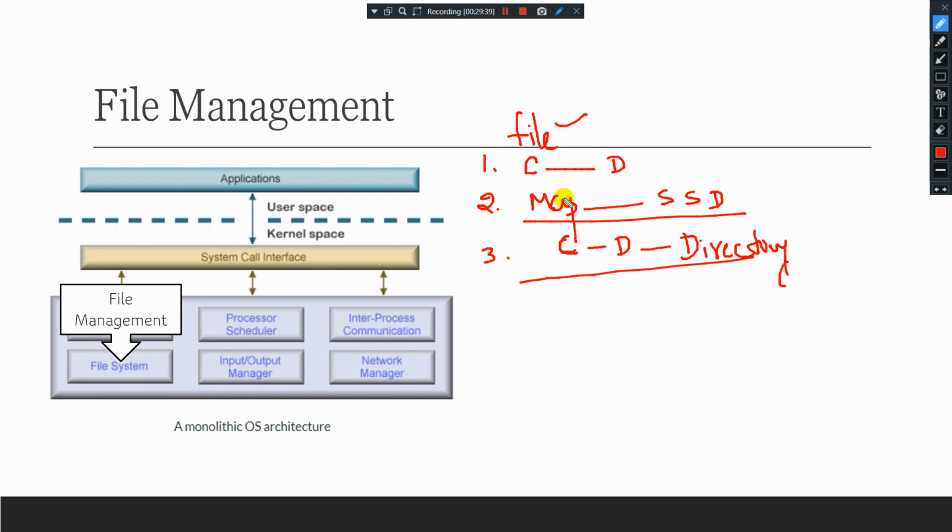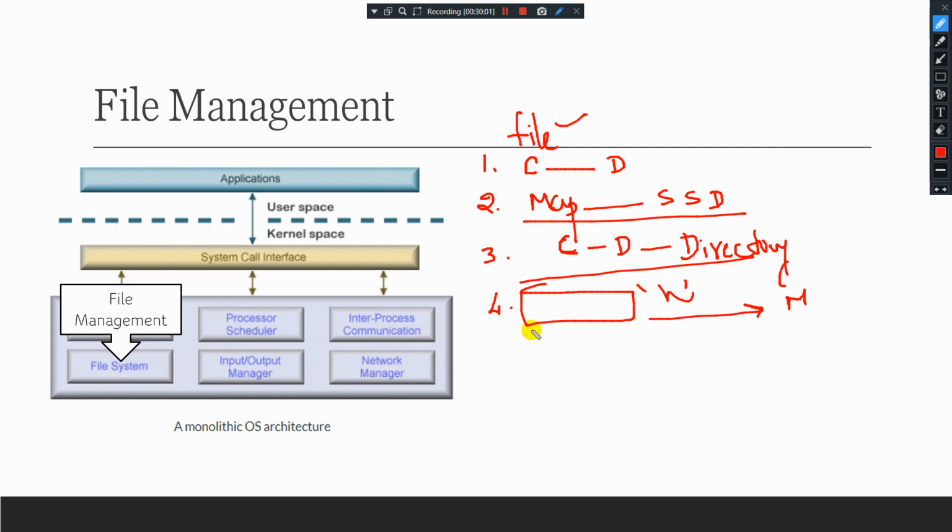This is about your file management system, and it can also do a few more things. Take backup. If you want to take a backup of a particular memory, you can take a backup of M files or N files. N number of files you can take a backup of, so it can be stored onto an external media. This can also be done by the